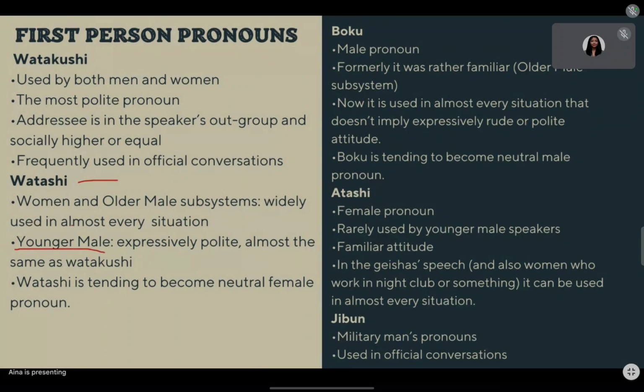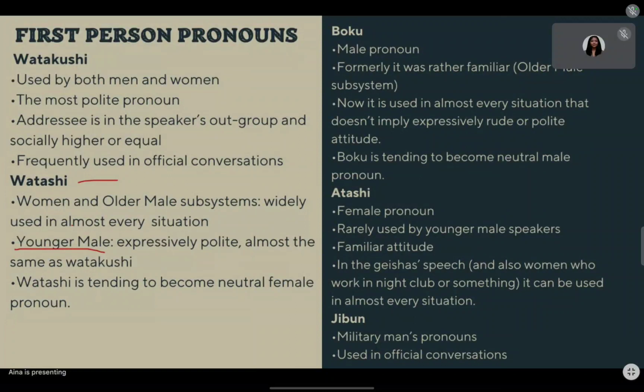Ano yung geisha? Nung matagal na panahon, ano yung ginagawa ng mga geishas? Ano ba ang ginagawa nila? Ano po yun, ma'am? Parang ano po ba yun, ma'am? Yung po yung GRO ba yun? Oo. It's an entertainer. Okay, yes, that's correct. Oo nga, tama. Kumbaga sa ngayon ay yung mga, I'm so sorry to say this, pero yung mga GRO,